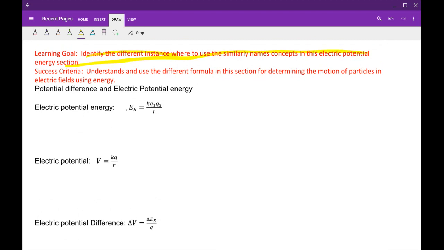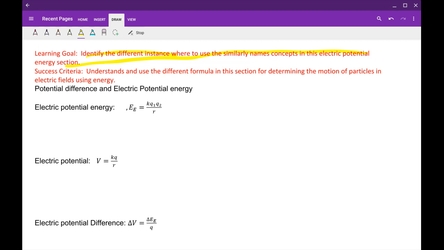So your success criteria is that you understand and use the different formulas in this section for determining the motion of particles in electric fields via the energy, right? So we're going to be using more so the energy that the particle has rather than things like the forces applied on it and the kinematics and the accelerations. We're going to be keeping track of the energy and keeping track of the motion through the energy,